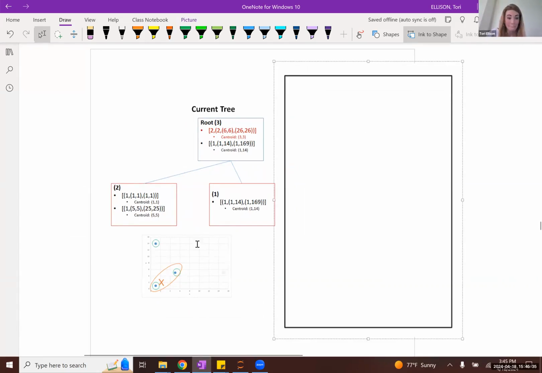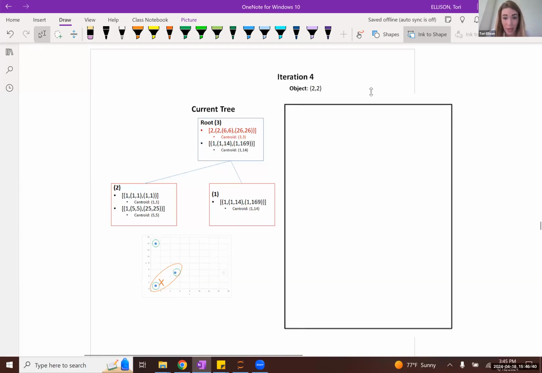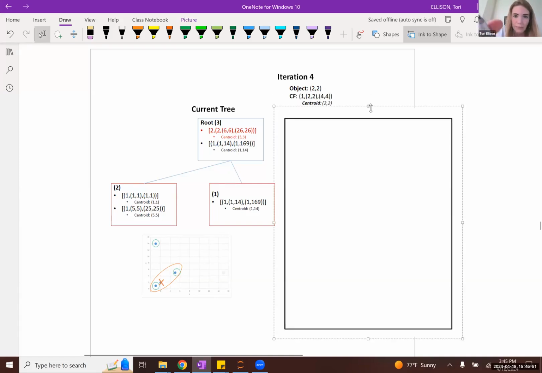All right. So next iteration. It's getting a little bit more complicated now. We want to incorporate the next observation in the full data set, which is the point 2,2. So what we do again is we convert that incoming point into its own singleton subcluster, which has a centroid of 2,2.